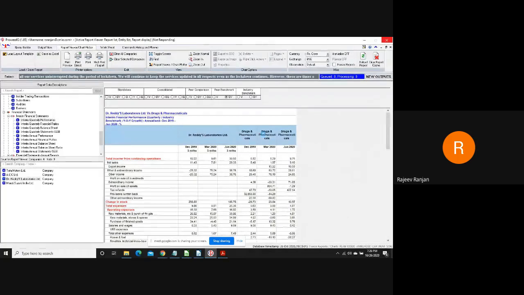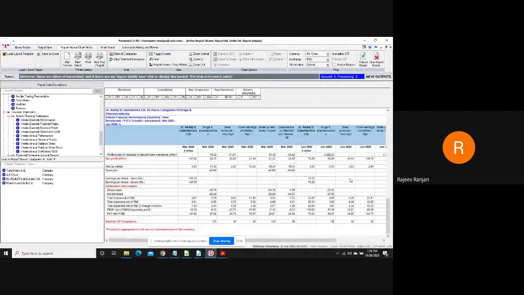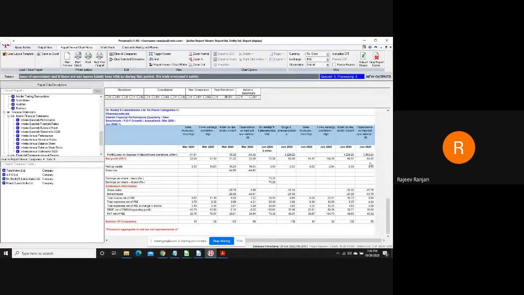And when we run this report, this is a real-time generated report. It's not a fixed report. So it will change the sample size depending upon the various parameters. Beyond that, since Dr. Reddy's Lab has a very high sales revenue, it will pick up only those listed companies which are into drug formulations and have a very high sales revenue.